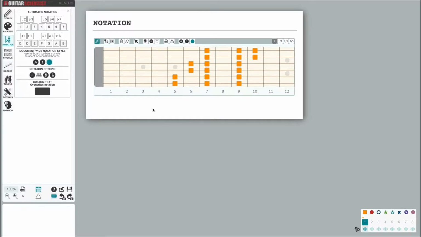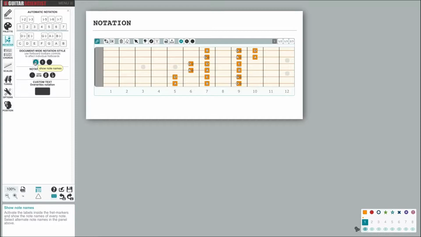The functions related to the markers labels are found in this panel. In this example, I've written an A major scale, and if I want to display the note names or the degree numbers inside the markers, I can use the icons from the notation panel to display them automatically. I just need to click on Show Note Names, whose symbol is a marker with an A inside, and the note names will appear in all markers of the document.